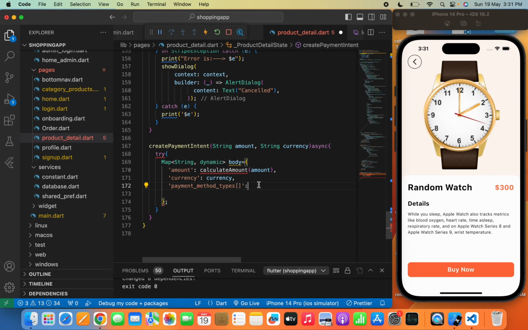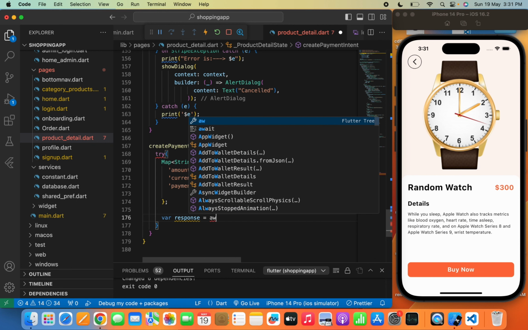This is just a copy paste thing. So usually when I make an app, I copy this complete Stripe payment code and paste it in the app. I don't type this again and again, because that doesn't make sense. But for the viewers who don't want to get the code, I'm typing the code over here. So in the payment method type, I am passing a payment method which is a card, so the user can pay through the card. Now I will simply write var response equals await